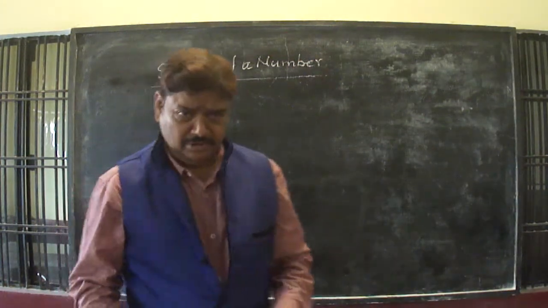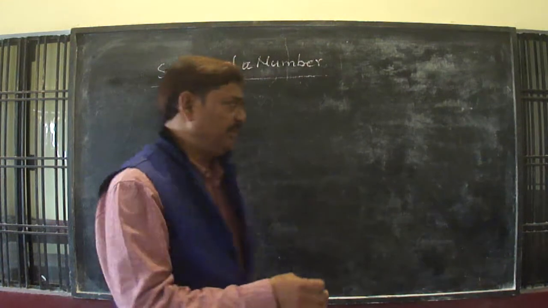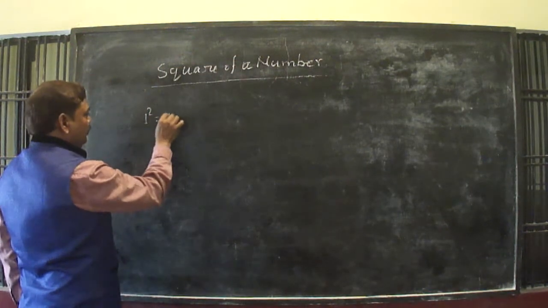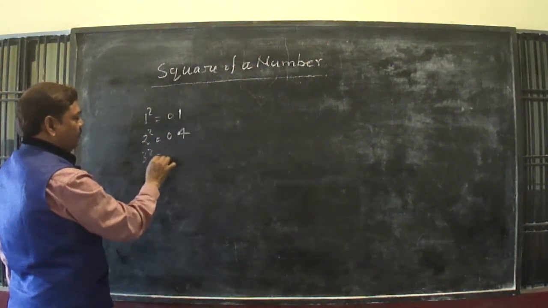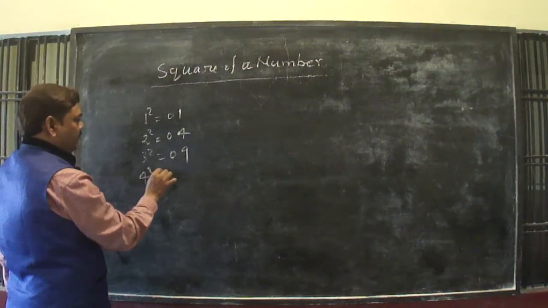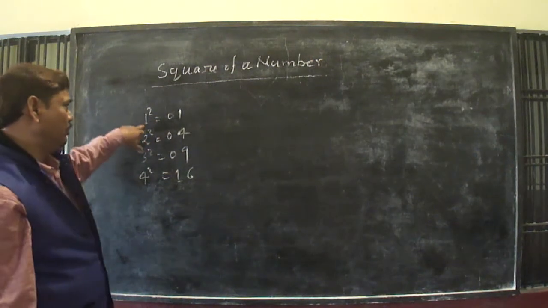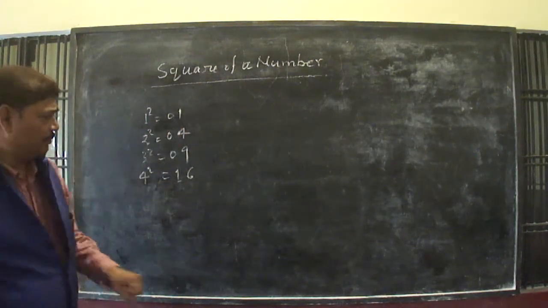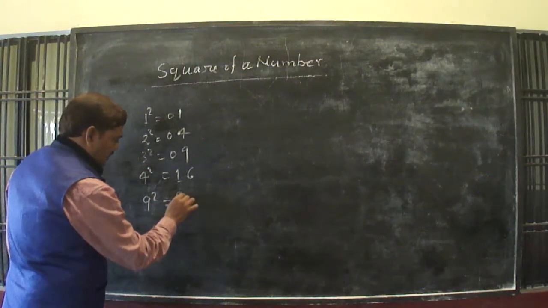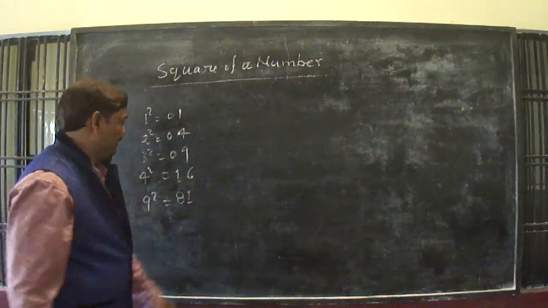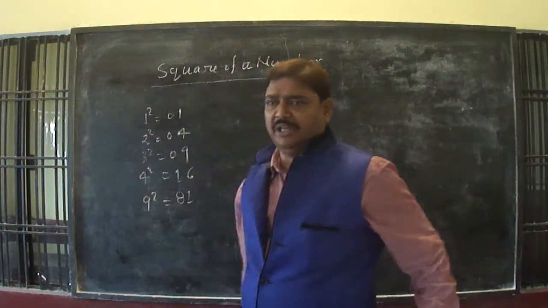We all know that the square of a one-digit number means 1 square is equal to 01, 2 square is equal to 04, 3 square is 09 and 4 square is 16. तो remember that when we use this square, the 0 1 2 digit यूज करेंगे हम लोग इसमें। इसी तरह से 9 स्क्वायर इज इक्वल 81। तो 2 डिजिट का इस्तेमाल करेंगे जब हम लोग 1 से 3 तक जब स्क्वायर यूज करेंगे तो हम लोग 2 डिजिट इस्तेमाल करेंगे।